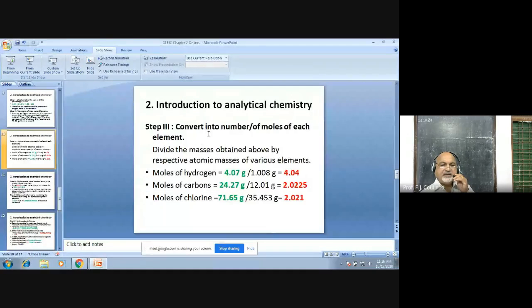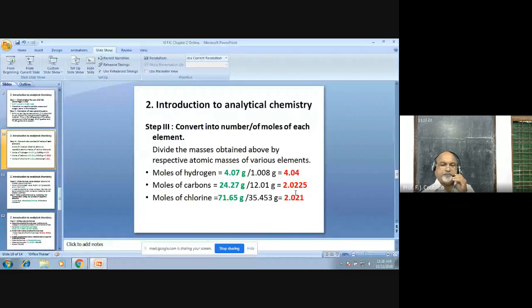Now convert this into number of moles of each element. That is, divide the masses obtained above by the respective atomic masses. Mass of hydrogen is 4.07 divided by 1.008, the atomic mass of hydrogen, which gives you 4.04. Then the mass of carbon, 24.27, divided by the atomic mass of carbon, that is 12.01,